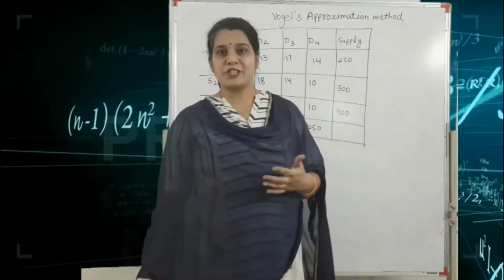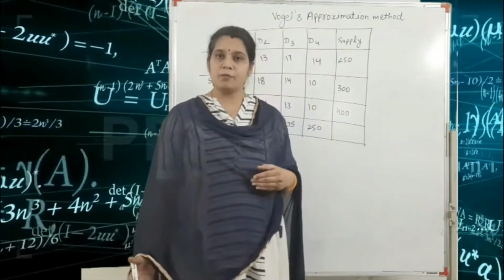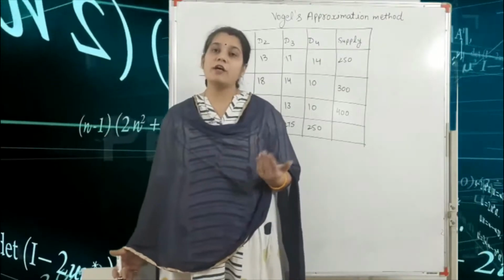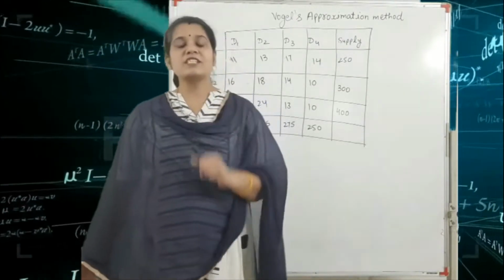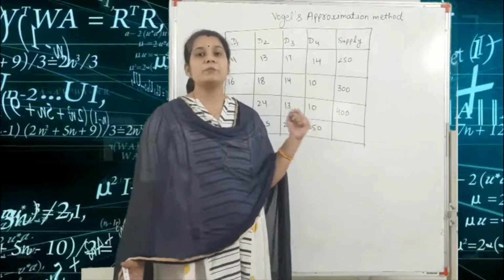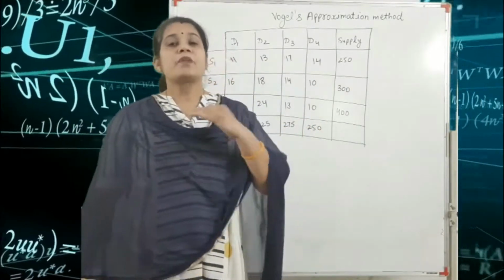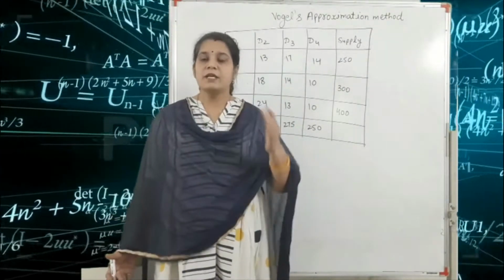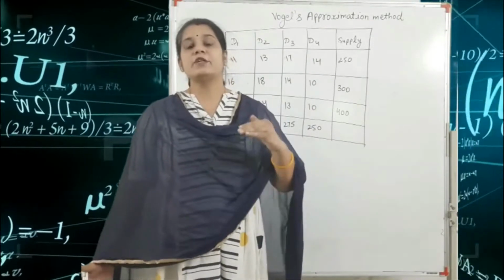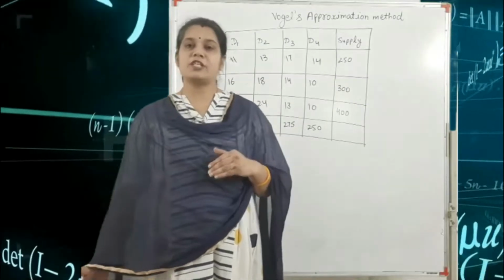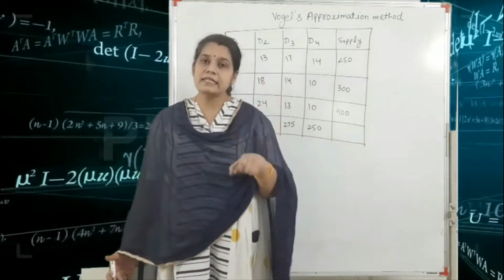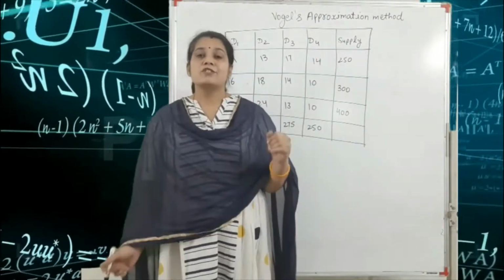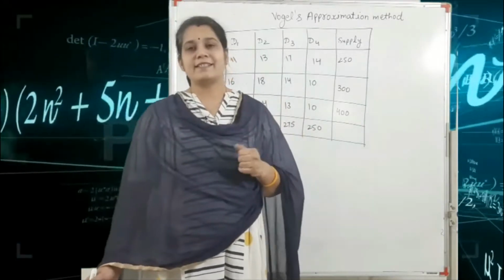So what is the condition for solving the transportation problem with the help of the northwest corner, least cost method, Vogel's approximation method or modified distribution method? First you check whether your problem is given in balanced form or unbalanced form. If your question is a balanced transportation problem, it's okay. But in case it is an unbalanced transportation problem, first you convert it into the balanced transportation form. Got it?